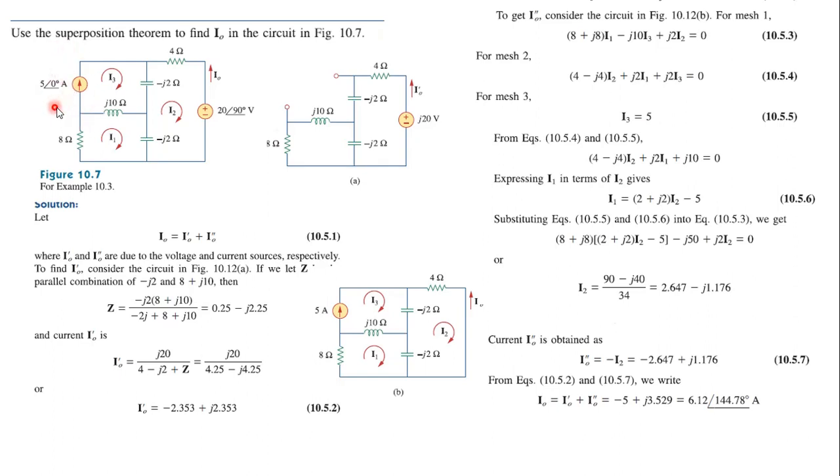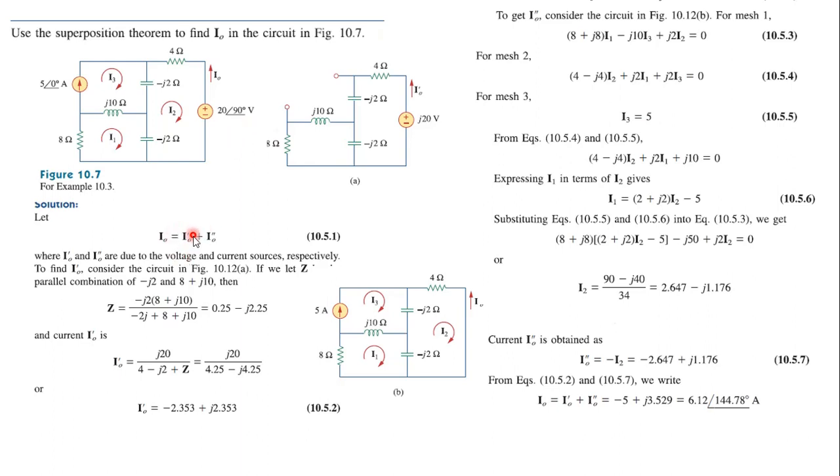So what do we have to do with the current source? We have to open circuit this current source. If we are going to consider the current source alone, we have to neglect this voltage source. In that case, we will be shorting this voltage source. So in the superposition theorem, voltage sources will be short circuited and current sources will be open circuited, and then we will be analyzing that particular circuit.